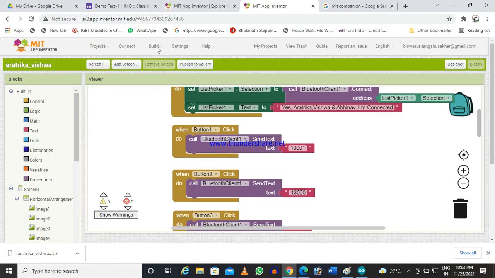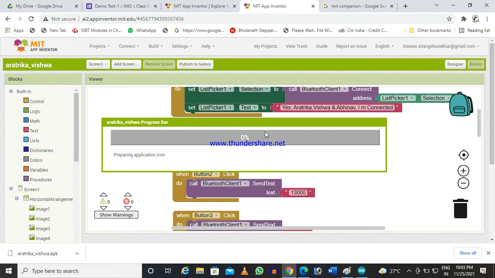Now once this is there, if you click build, and here you click, then this will generate the APK file. It will take some time.